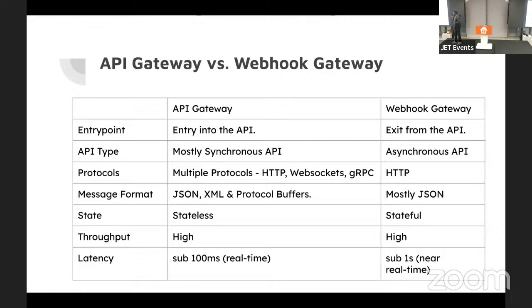Throughput on both systems is high, but latency is different, depending on the application you're building. Latencies for your APIs are sub 100 milliseconds, and you can really go down depending on the systems that you're working in. But with webhook gateways, the real-time activity you see when switching from GitHub to Sentry is probably like 1 second. There is no real requirement for webhooks to have the latencies of Kafka, if that makes sense, right?